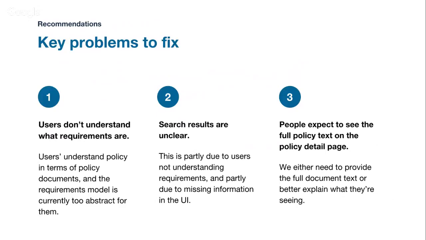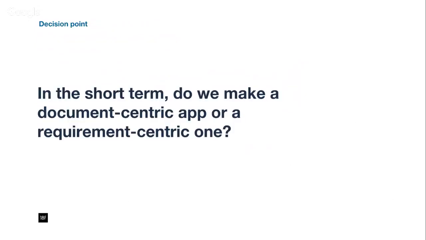Which brings us to the next part, which is that there's a decision point. In the near term, do we switch gears and make a document-centric app and then start pulling out types of content within those documents, like highlighting them or providing definitions? Or do we continue on this approach of a requirement-centric one and start filling in the gaps with the full policy text? And how that might look different is, if we take the search results, for example,